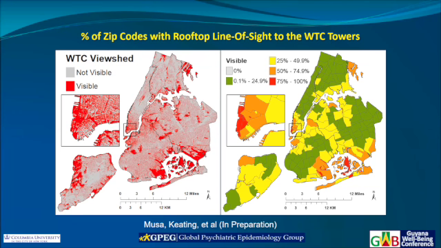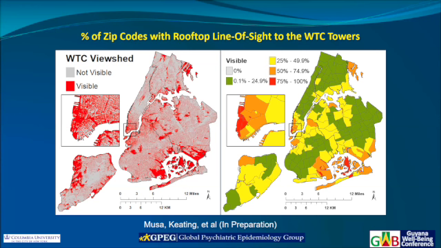We can take that same approach and flip it, so that we can say, where in the area can we see the rooftop of the towers? And you'll see on the viewshed analysis, you see all the reddish areas. Those are the areas that you could actually see the towers from. And then we can aggregate that to the postal code, to the zip code, to the neighborhood, as defined here. And then we can see the areas of red, the areas of yellow, and the areas of green.